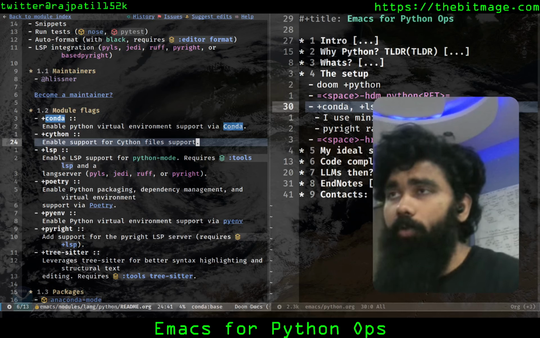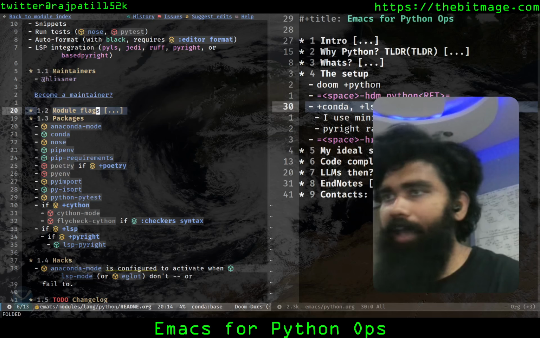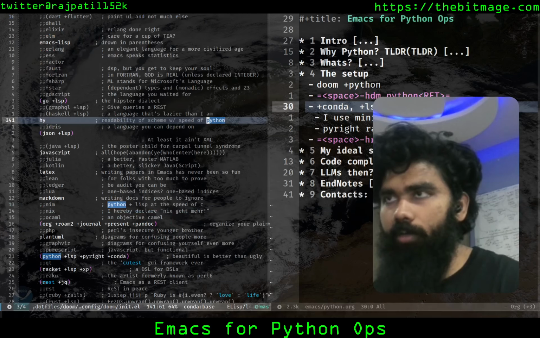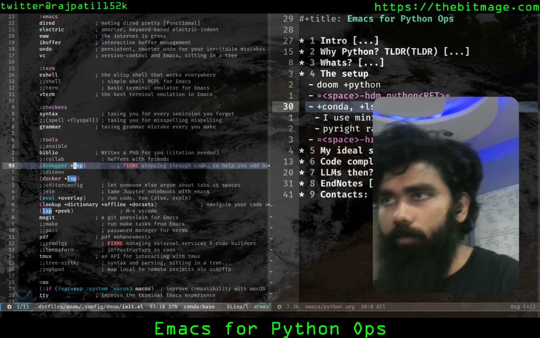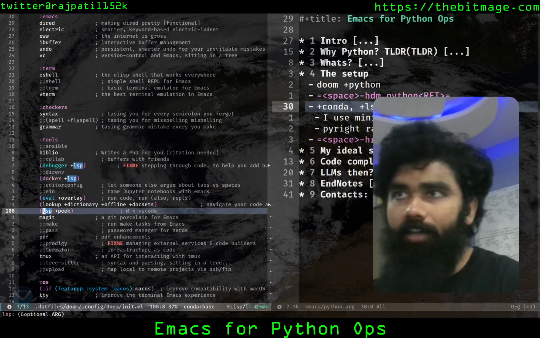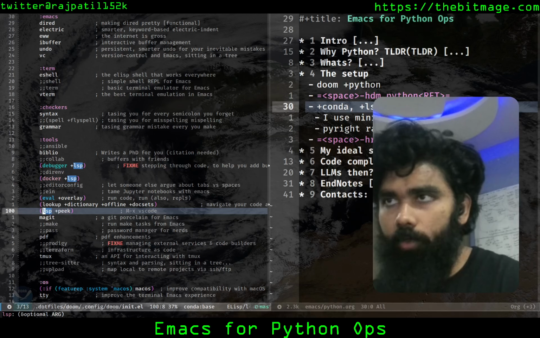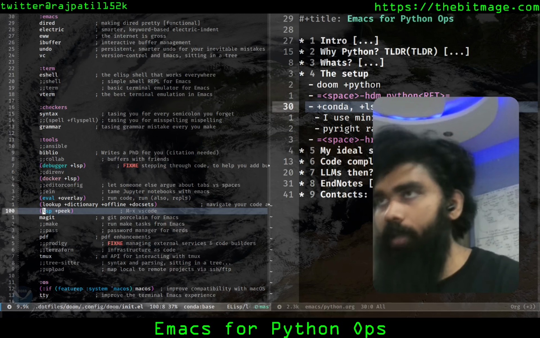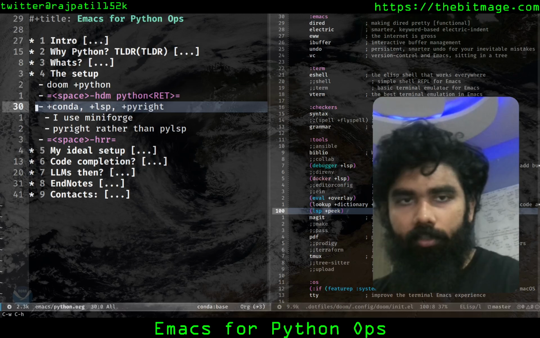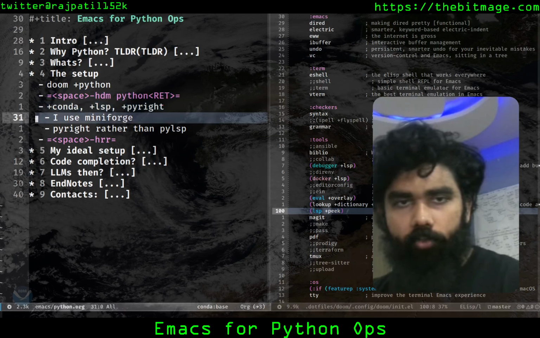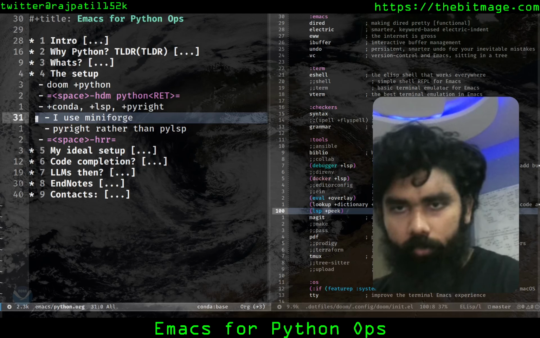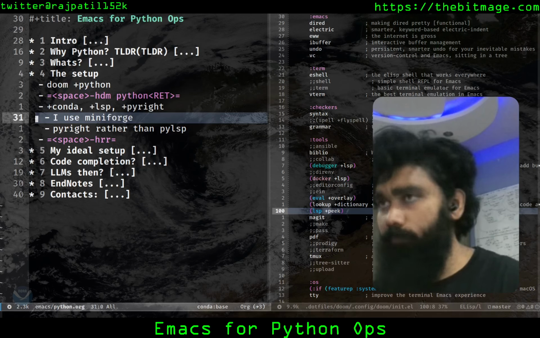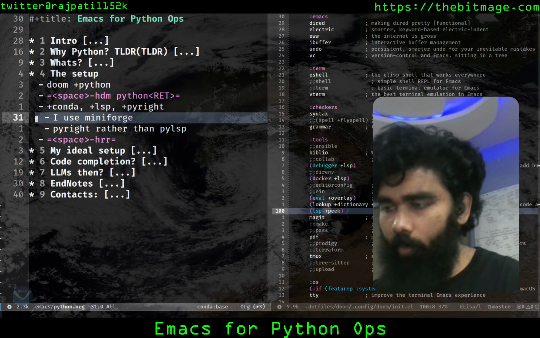You would also need your LSP flag enabled somewhere, and that would be in your init.el. Somewhere you would need to enable LSP. Yeah, it's in your :tools tag. So +lsp is what I've enabled. So once you have this, now you can start getting into actually doing stuff. I use MiniForge and that exposes Mamba or Conda, all sorts of things to you. To pull up a terminal in Emacs and have it be Conda aware,